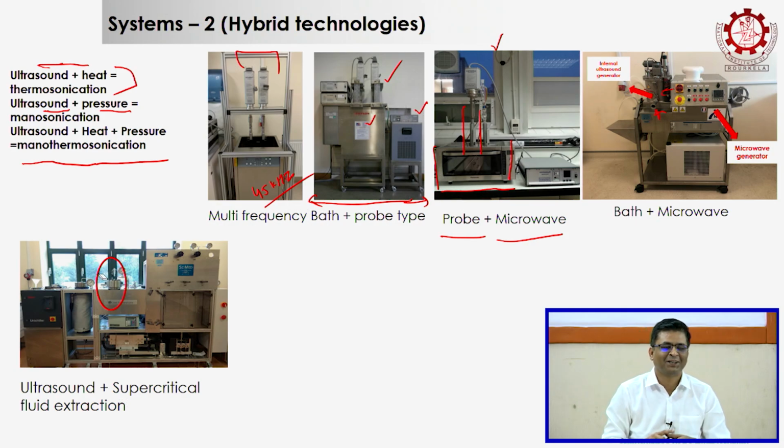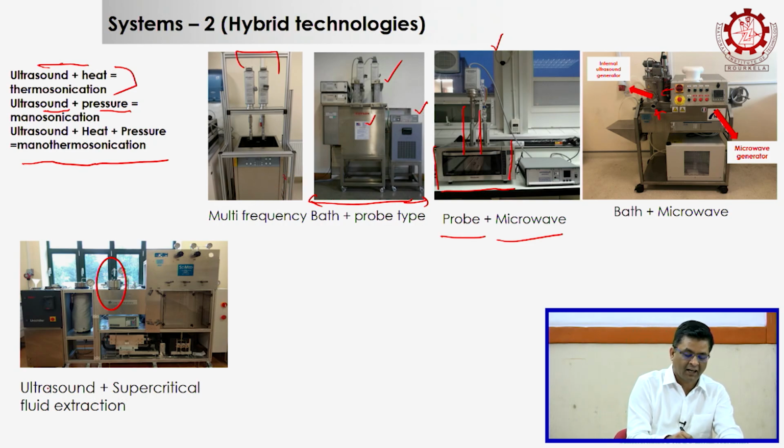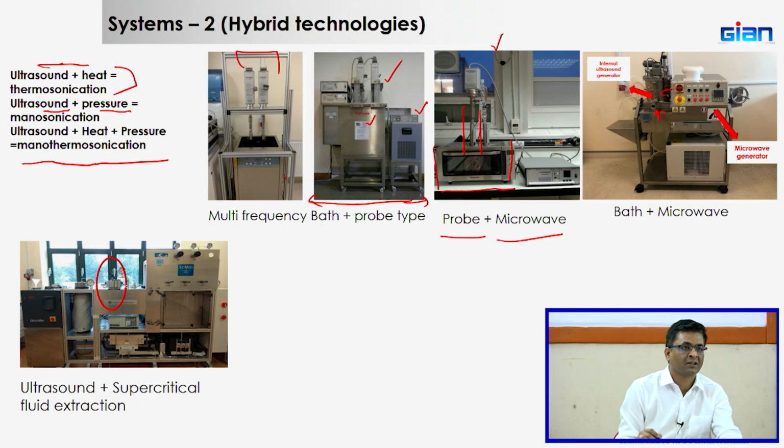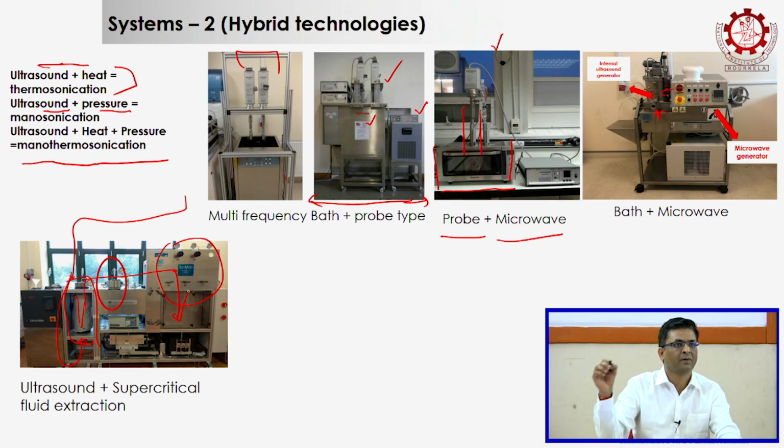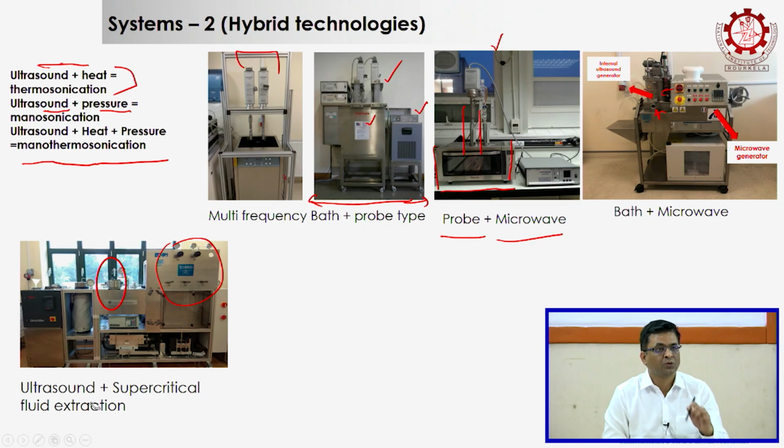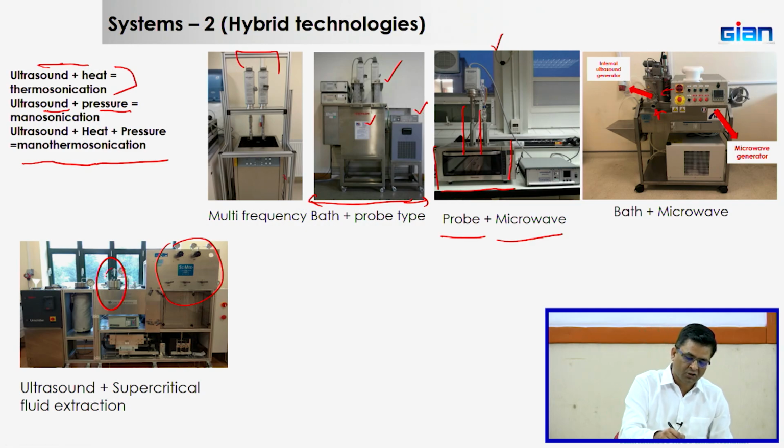Oh sorry, this is the permanent one. If you look at ultrasound and supercritical, this is a supercritical system. This one has a vessel and a controller where the CO2 is pressurized and passed through the bottom of this tank. The sample is loaded inside, then the liquid CO2 goes out, the pressure is released, and you get your product out. Now, the design was done so that when the CO2 is in liquid state, ultrasonic is used to disrupt